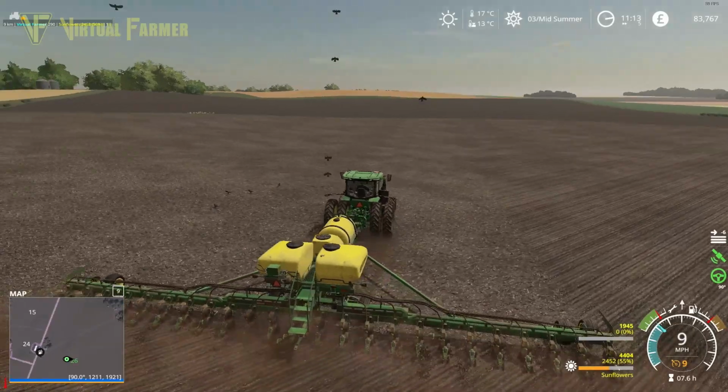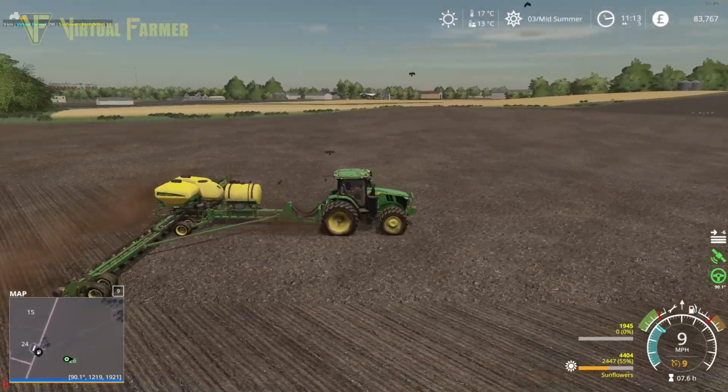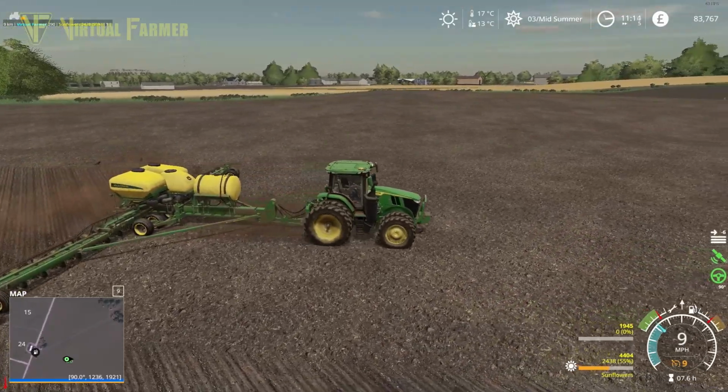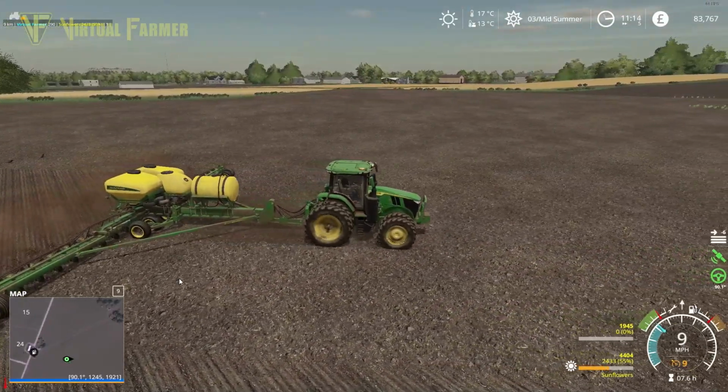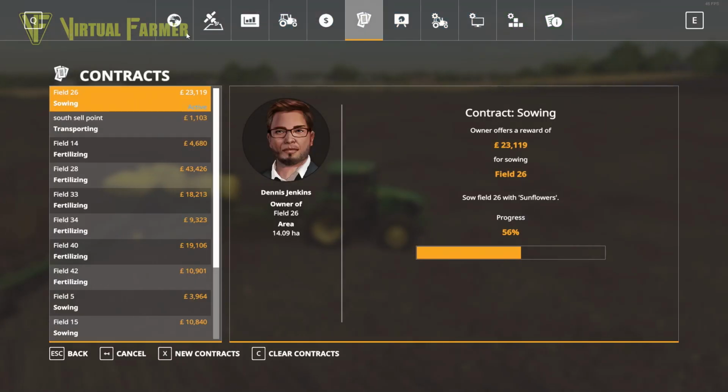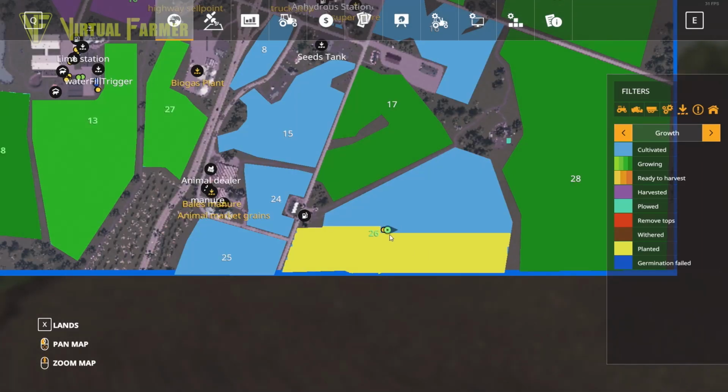I always thought the field numbers were essentially the center of the field, and this field, I had thought that might not be the case. We're just passing it now. We are at 56% of the way through the contract. So yeah, when we got this line done here, when we turned around a minute ago, indeed, we'd hit the middle of the field,